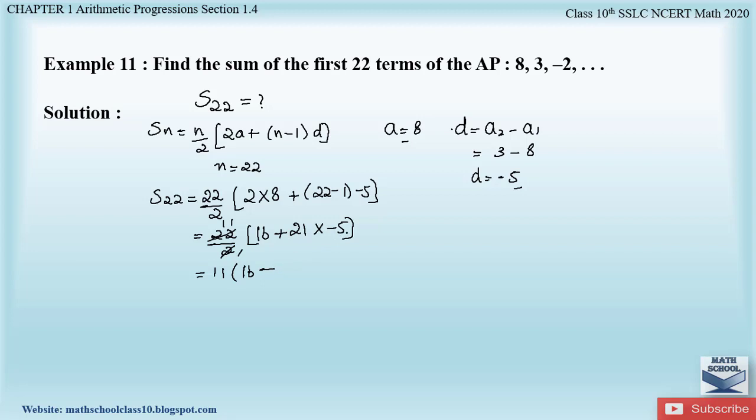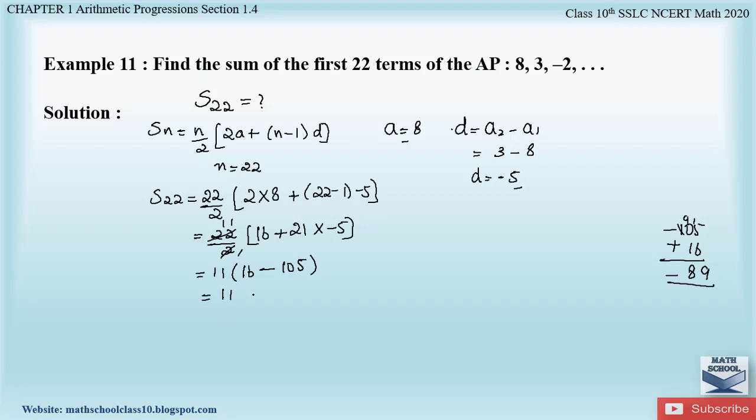So we get the result 11 into 16 plus 21 into minus 5, which is minus. Let us multiply this value. 5 ones are 5, 5 twos are 10. So what is 16 minus 105? Minus 105 and plus 16 is here. So the greater number's sign comes down, with a subtraction. So if we subtract, let us carry. So this will be 0. Here 9 comes and here 1 comes. So 15 minus 6 will be 9, and 9 minus 1 is 8. The result is minus 89.